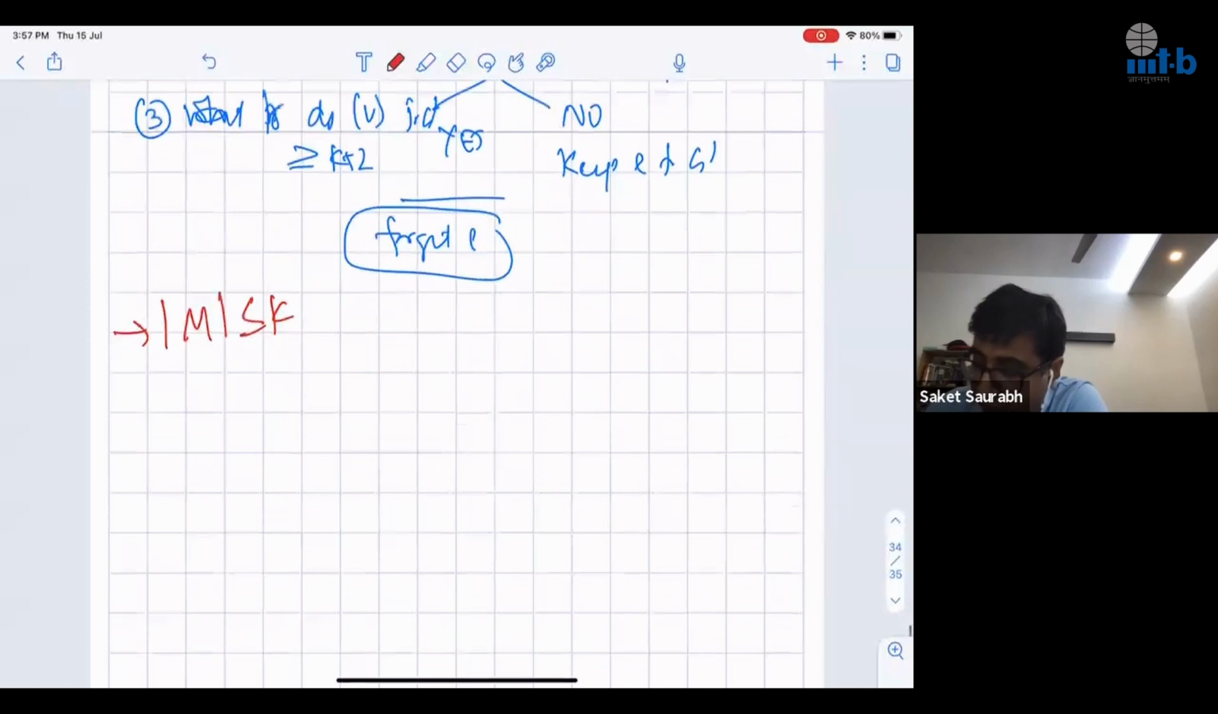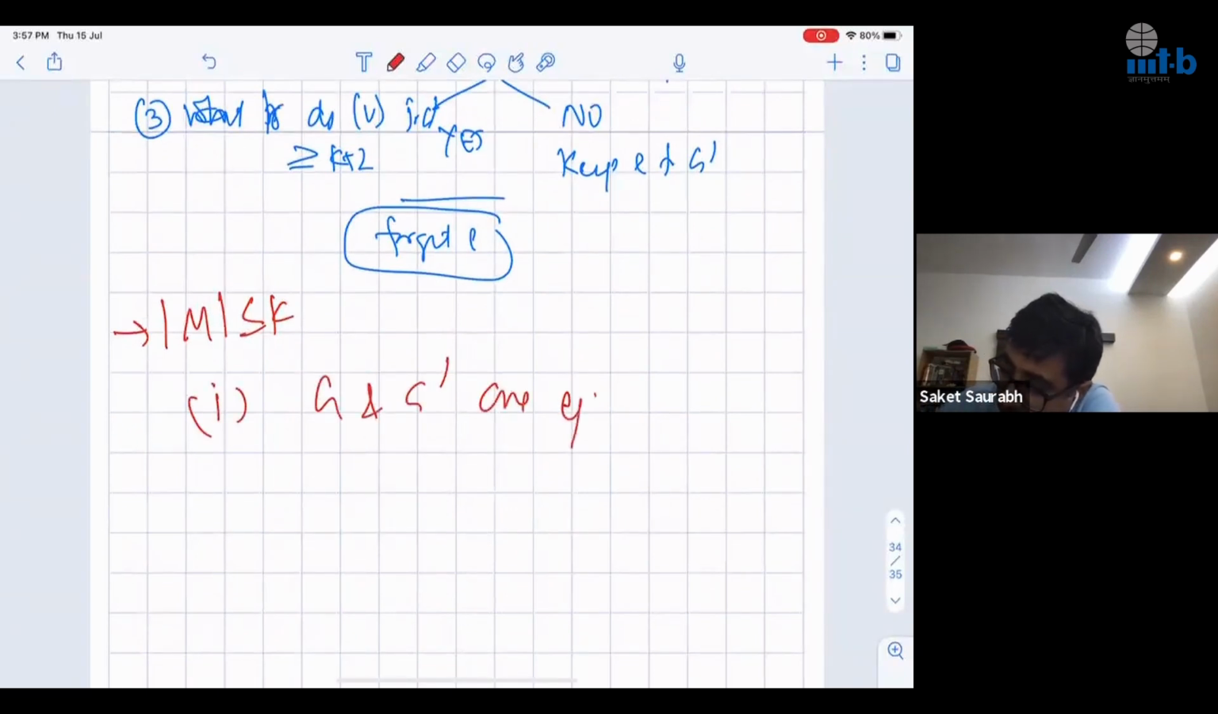Now I have to show two things to you. First, G and G prime are equivalent, meaning if I can solve vertex cover in G prime, then